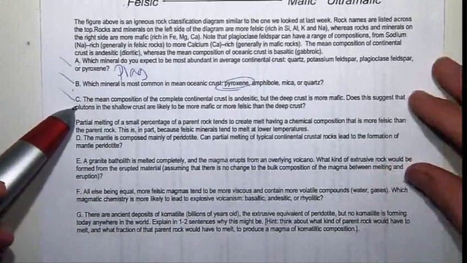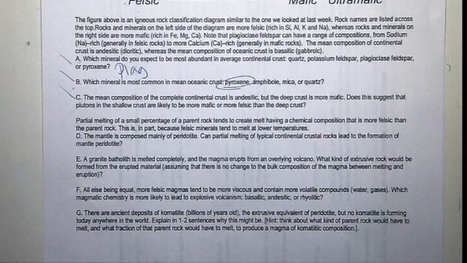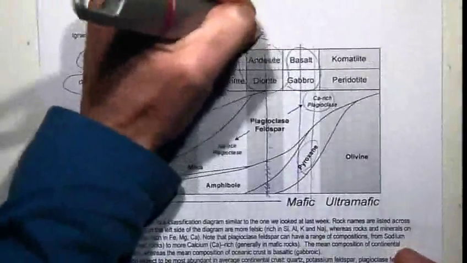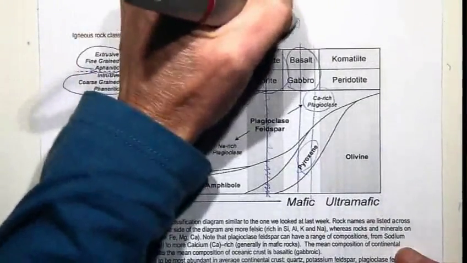The mean composition of the complete continental crust is andesitic. So if you took all the continental crust in the world and ground it up and analyzed it, it would be andesitic. That's the top part, the middle part, the bottom part, everywhere in the world. But this is telling you that the deep crust is more mafic than andesitic. So if this is continental crust, this is deep crust,